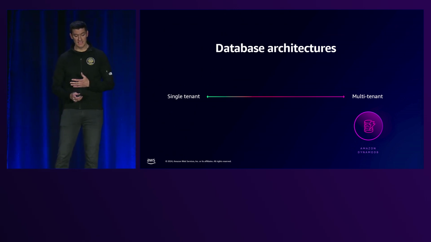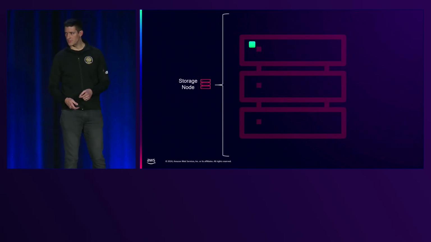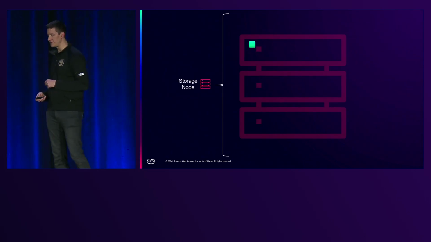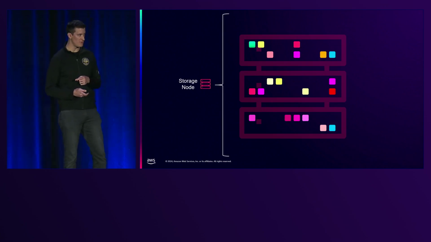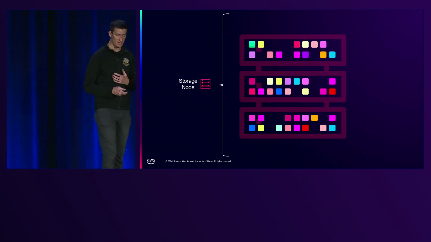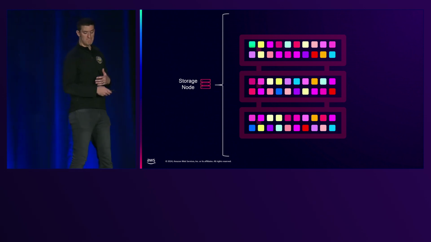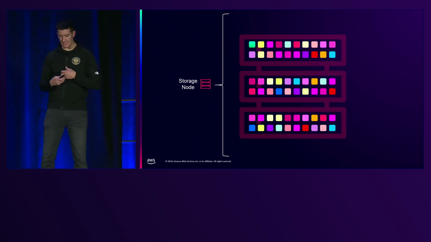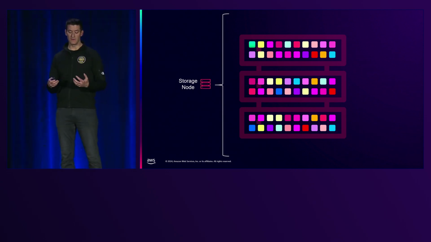So we look at a distribution of data, and we look at a storage node. There might be a storage node, and you might have one partition on that storage node for your table. But on that storage node, there might be a whole bunch of other partitions, right? There's going to be a whole bunch of other partitions. And really, serverless and with DynamoDB is the illusion that those are dedicated resources to you, and we do a whole bunch of work on the resource governance of these servers to provide that isolation and to